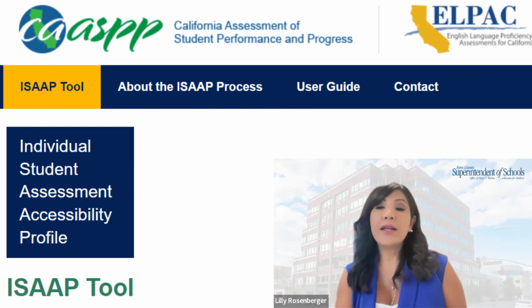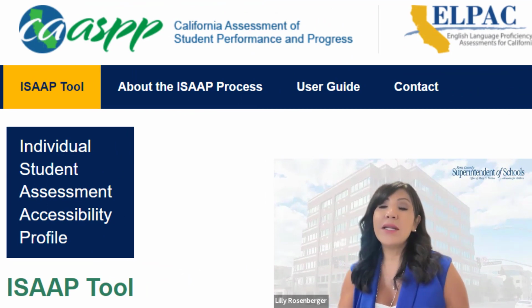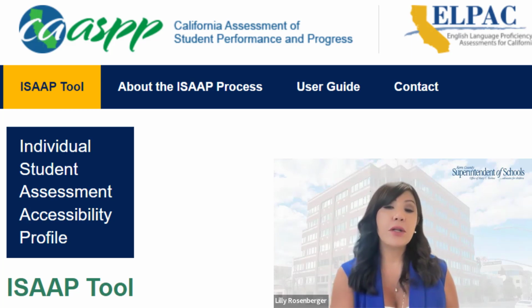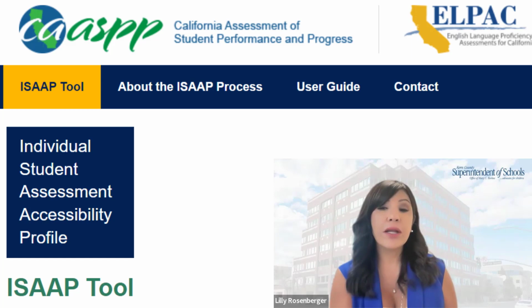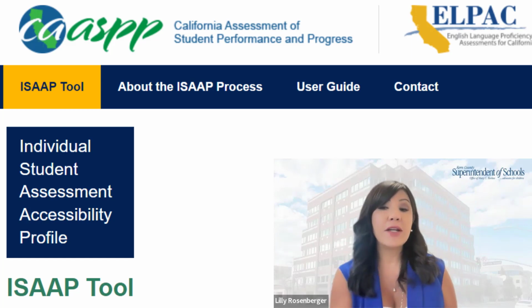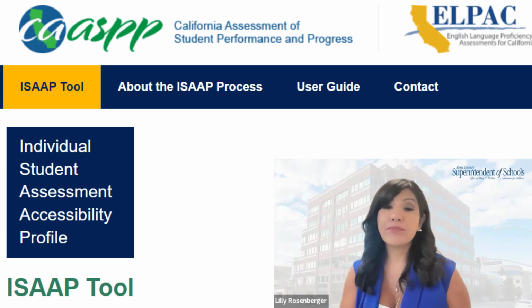The California Individual Student Assessment Accessibility Profile, or ISAP tool, is another tool that can help match the student's needs with the appropriate resources. The ISAP tool is used to find detailed information about available accessibility resources and plan for entry into the system that CASP and LPAC coordinators use, called the Test Operations Management System, or TOMS.